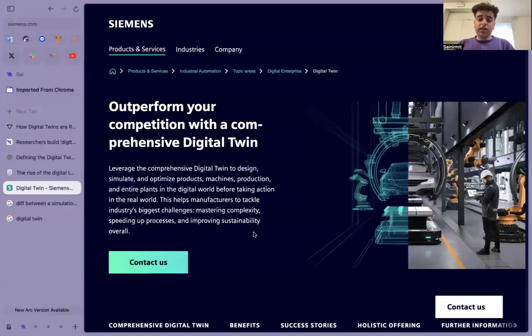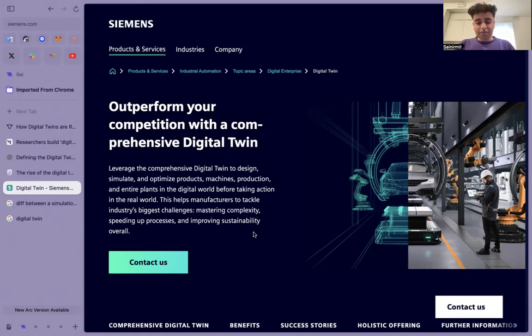Siemens is using their digital twins to reduce downtimes, increase production, increase efficiency in energy consumption, and do all sorts of those things. To do all of that, earlier businesses used to have huge boards and do a lot of research, and that ended up costing them a lot of money. It was very expensive and time consuming. It also used to cause